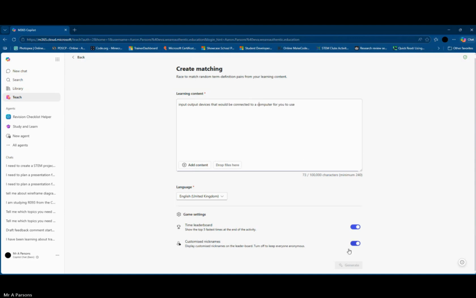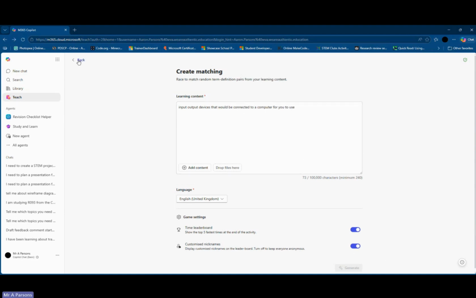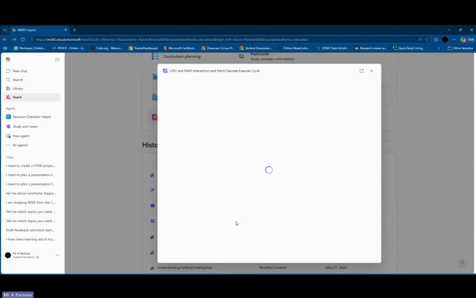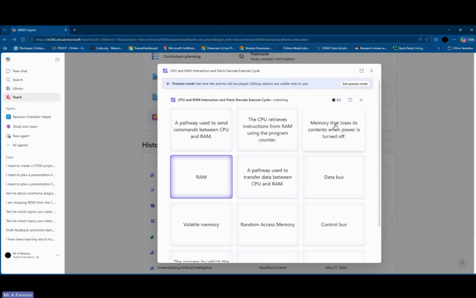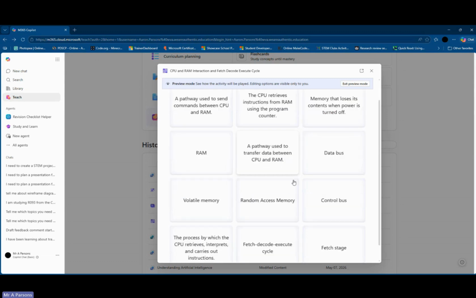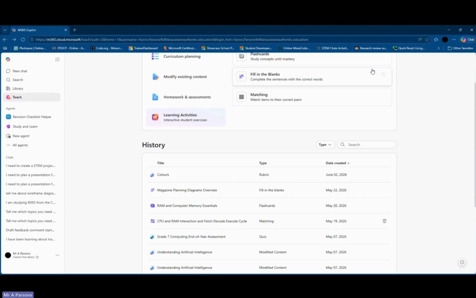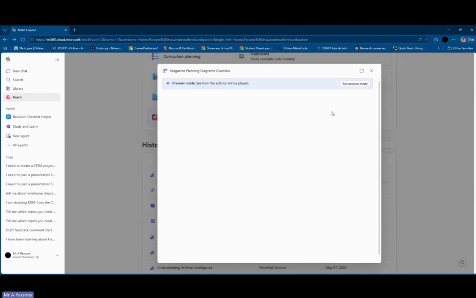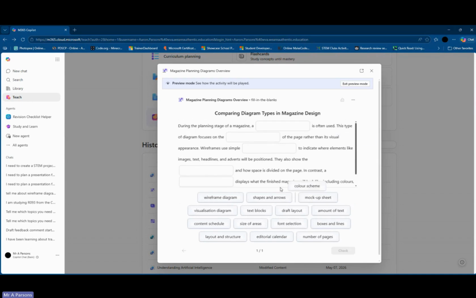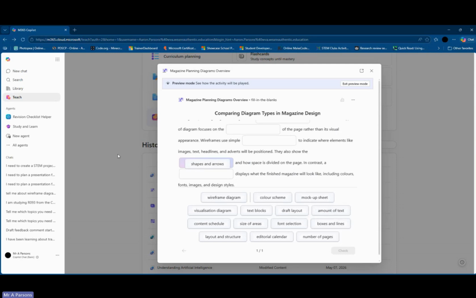Let me find. So there we go. So there are matching ones. So RAM is memory that loses its path. Nope, volatile memory. This is that. So you've got match ones that you can put in there. There are fill in the blank exercises. So you can drag those in there.